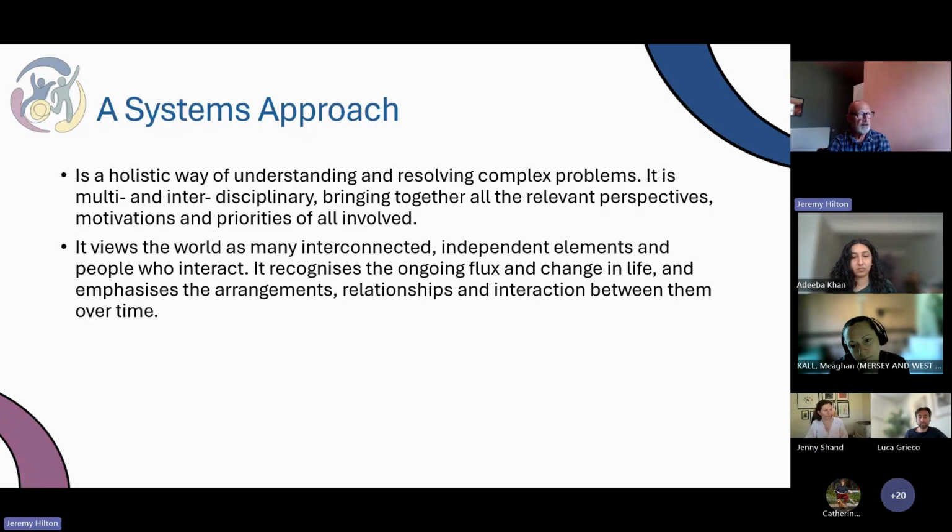It does recognize the ongoing flux and change in life. We have to deal with that. That's actually a critical part of the transitions we're talking about, the changing nature of need. But there's also the changing technology outside it and other pressures. The impact we've got of people like Trump, which you wouldn't think America's going to influence it, but through his actions, that's going to come back and influence us. We have to be able to cope with those changes and recognize the arrangements, relationships, and interaction. They're all part and parcel of this complex nature. A number of you have already mentioned that and recognized that.